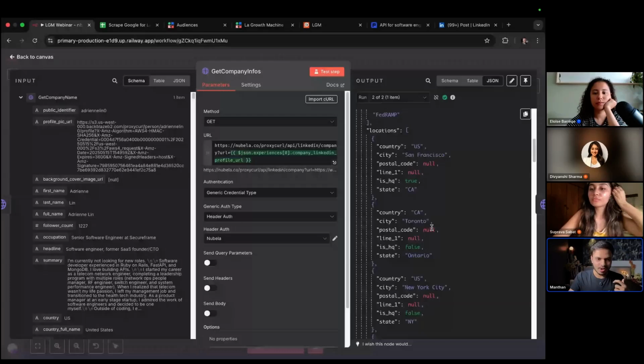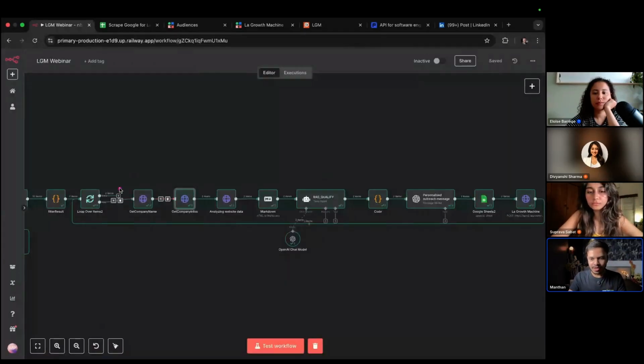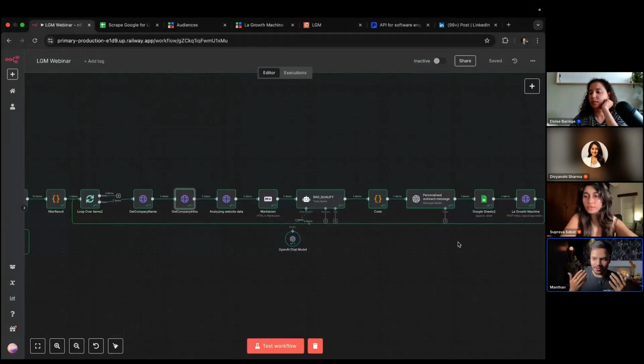Because we can use all of these data points to create a hyper personalized email copy so that we can reach out to them, and we are not just spamming cold emails. We are not just creating one size fits all email copy or outbound copy. We are trying to make sure that we create unique or relevant copies to each individual, so that every single copy that we are sending out will be different, and we won't hurt our email deliverability and email longevity. Same goes for the LinkedIn account.